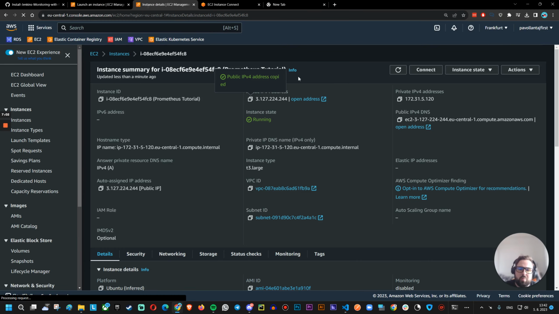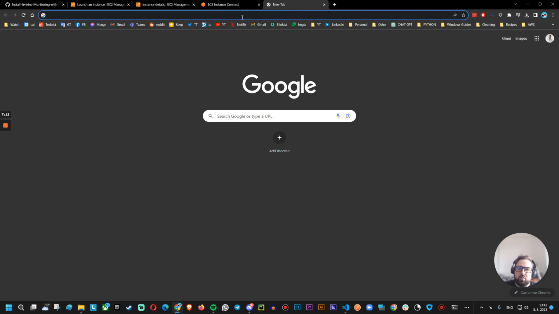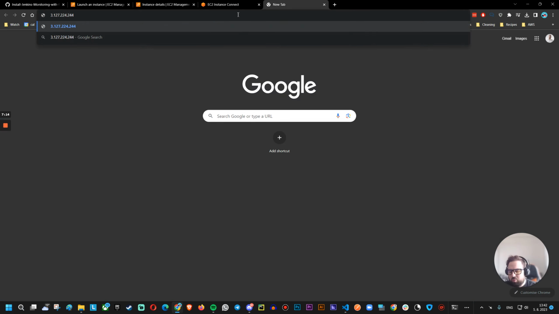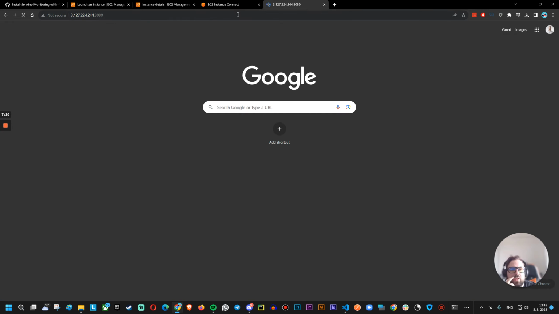By the way, just information: if I would restart this instance, or shut it down and then turn it on, the public IP address would be renewed. So if you don't want that, you can research something called elastic IP address in AWS. Anyway,